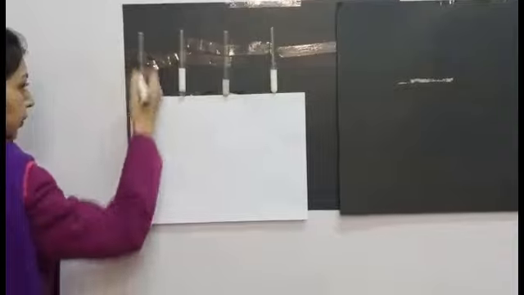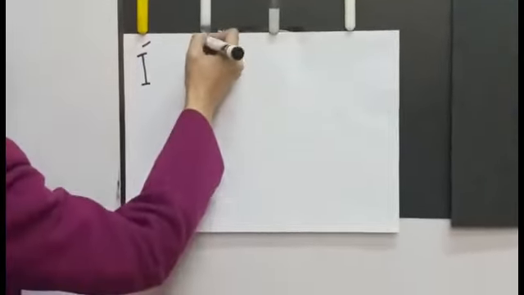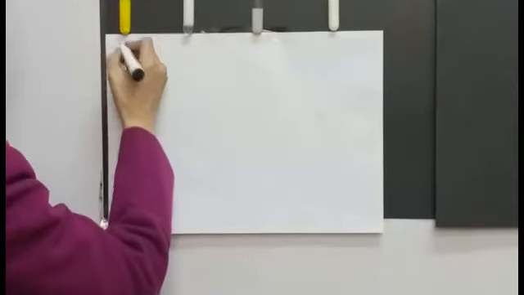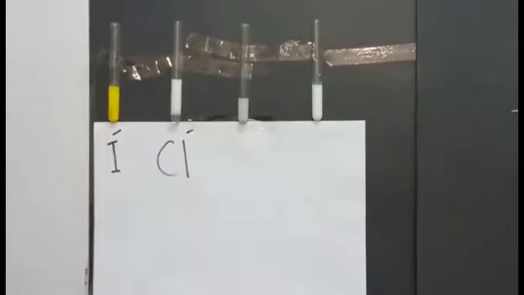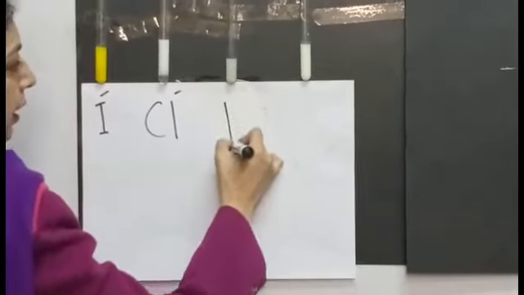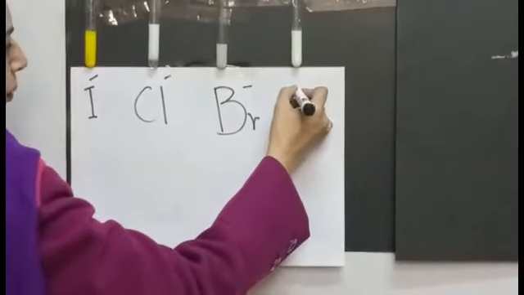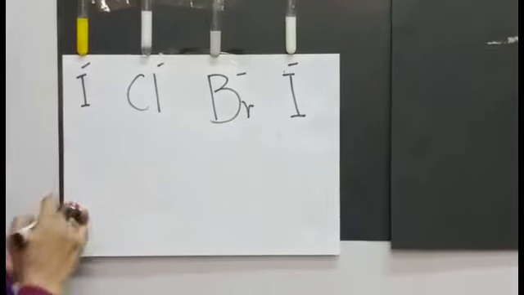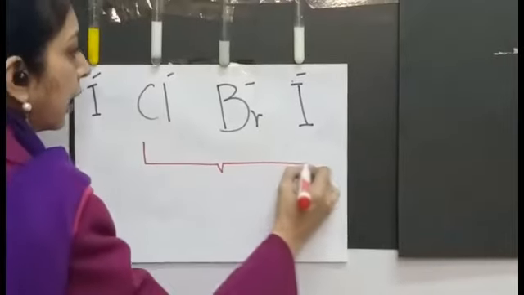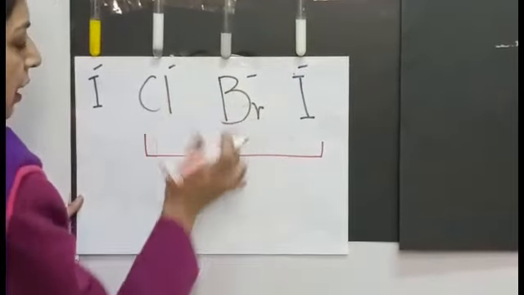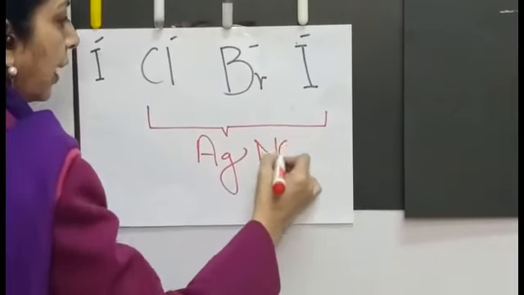And we get yellow precipitate of iodide. We get white precipitate for chloride, cream precipitate for bromide and yellow precipitate for iodide. And the reagent which we use for this anion analysis is AgNO3